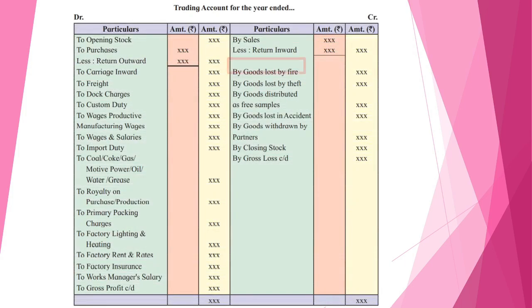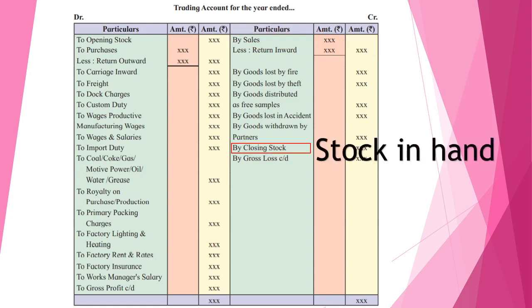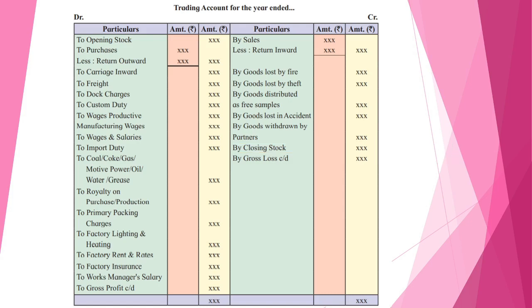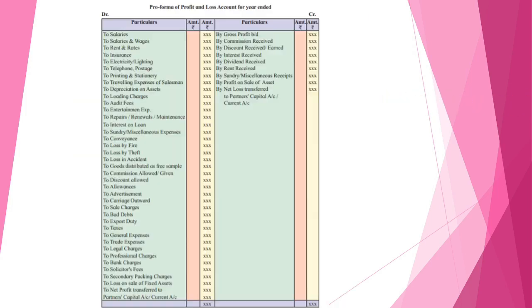Let's see the credit side of the trading account. The first one is sales. Obviously we are going to give sales as a group because it is already created in Tally. And the next one, that is closing stock. As we have given the group to opening stock, that is stock in hand, the same we are going to give to this closing stock, and the rest are under direct income.